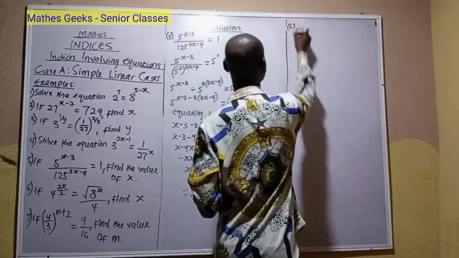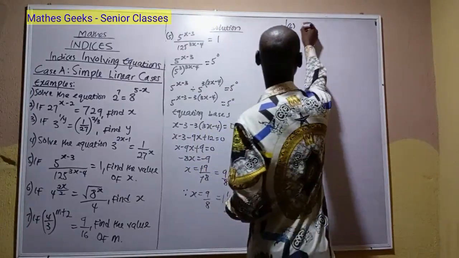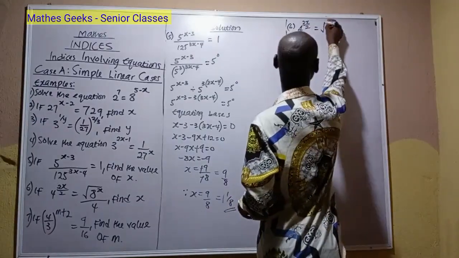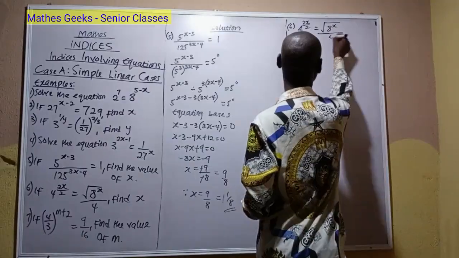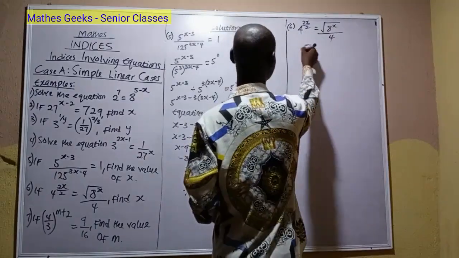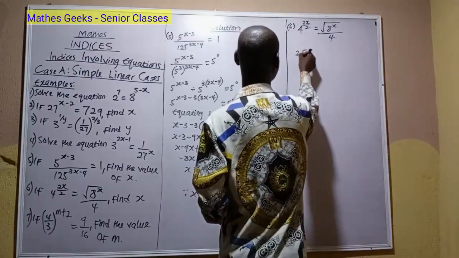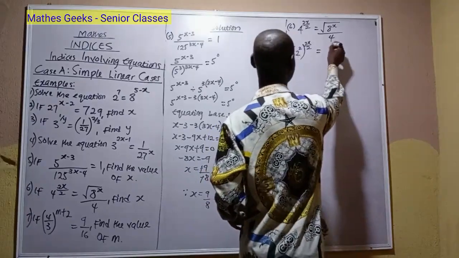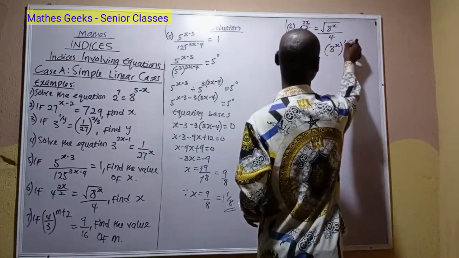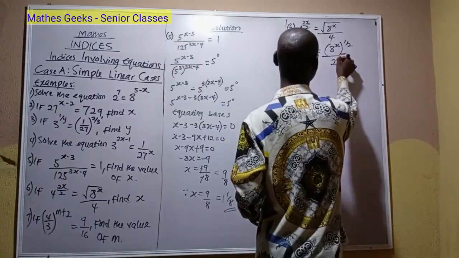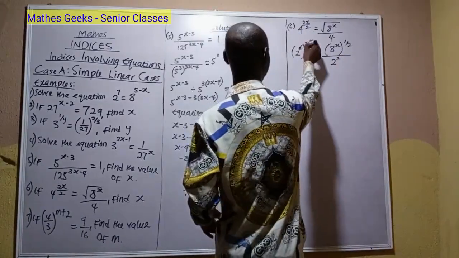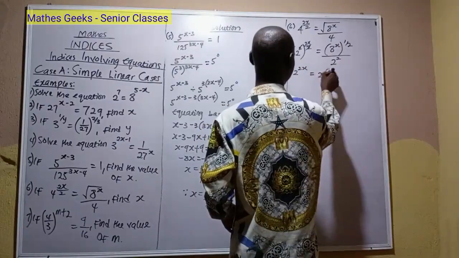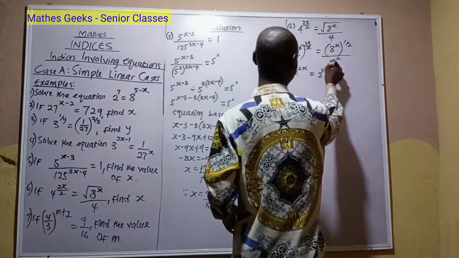Number 6. 4 raised to 2x over 2 is equal to 8 raised to the power x over 4. Now 2 raised to 2x over 2, and this will give us 8 raised to the power x, and so 4 is 2 raised to the power 2. So this 2 will cancel this 2. 2 raised to 2x is equal to 8, which is 2 raised to the power 3, then x,